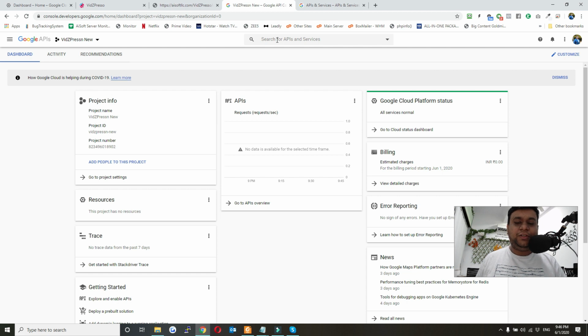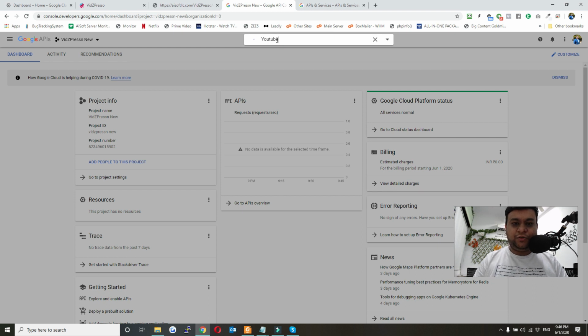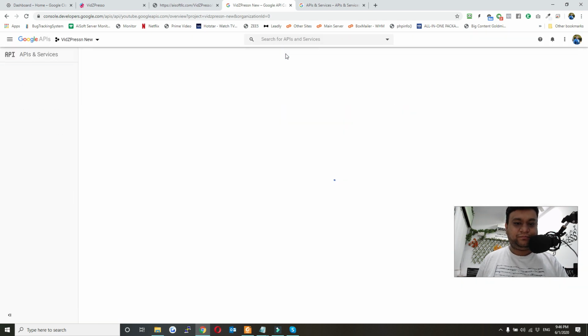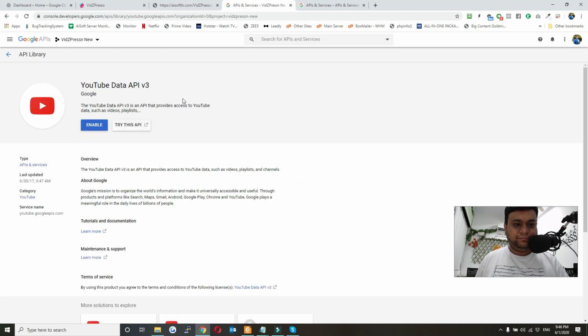So first thing you need to do is to enable YouTube data API. To do that, just click here, type YouTube data, and in the drop down select YouTube data API v3. Now you will get the screen.